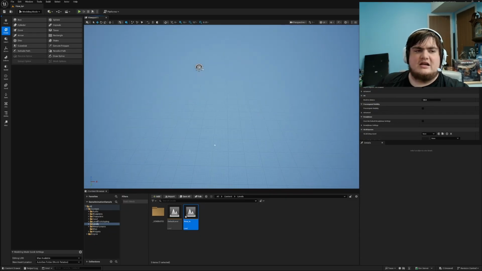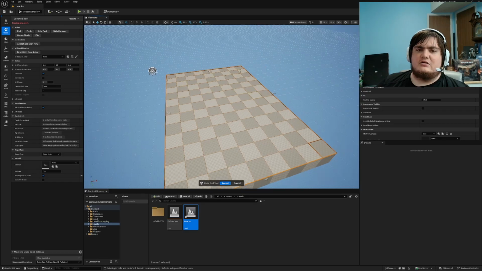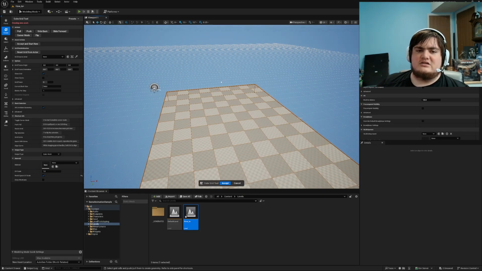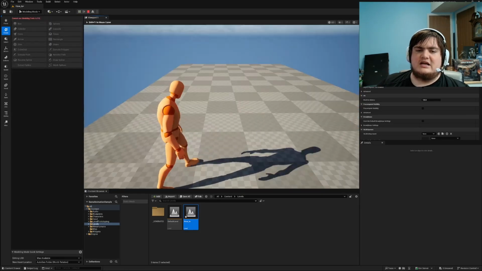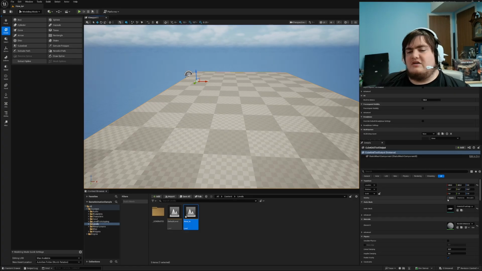Oh, right. I already had created that. So now I have to create a new one, or I could go into it and edit it from there. So if I do it now, I can stand on it. So if you've done it already and you're still phasing through, then double click into it, on your little mesh